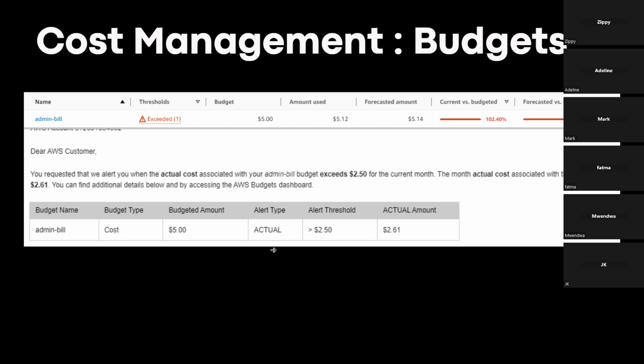So for example, if in November my spend was up to $10, then the forecast is that in December, it's very possible that my spend will be $12 or $11. So that is usually the forecast.